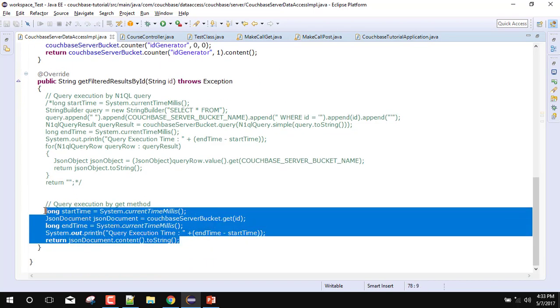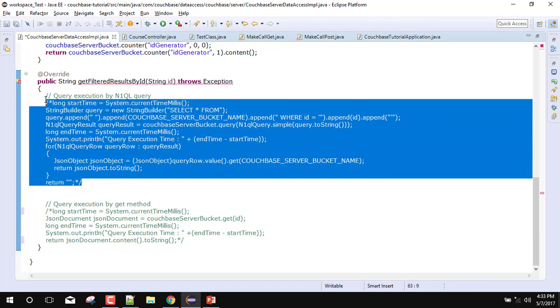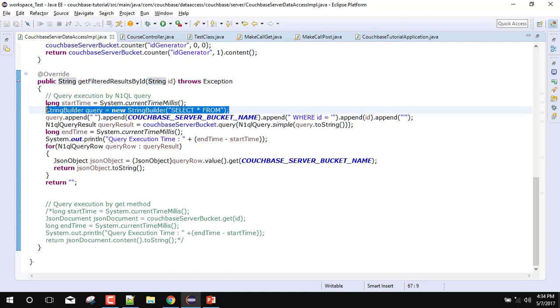I will just comment out this code because this is the optimized code, and this is our N1QL query code, and we will uncomment it. So what I have done, I have passed the string ID. I also made a string query in which I have passed select star from the bucket, where ID is this.